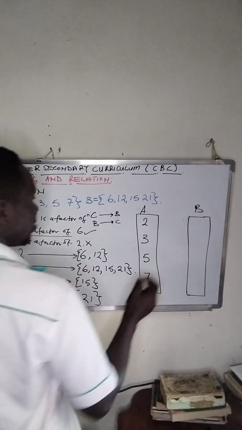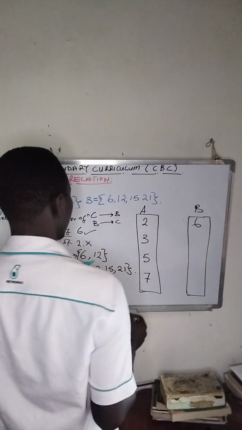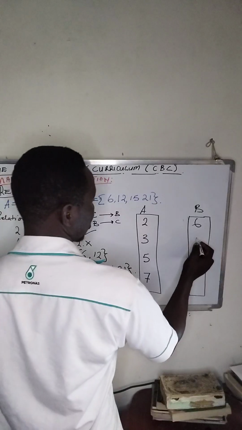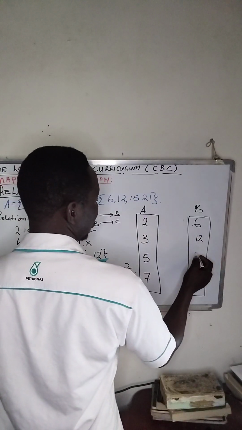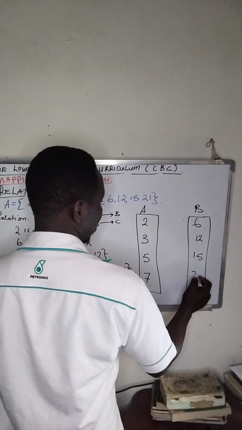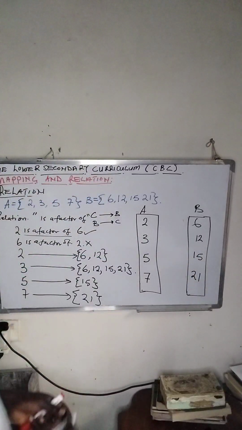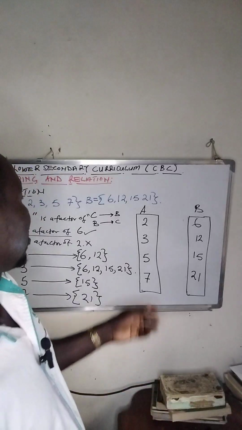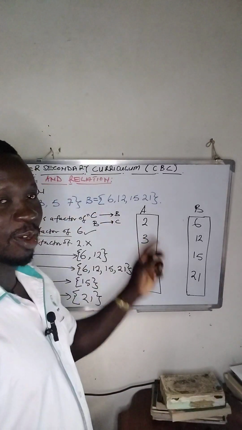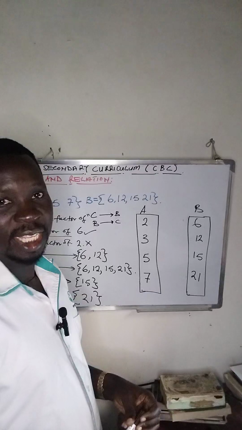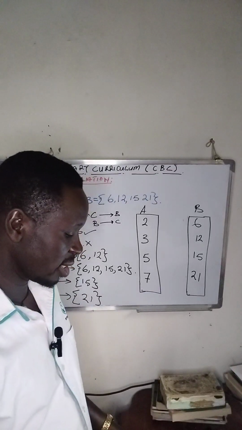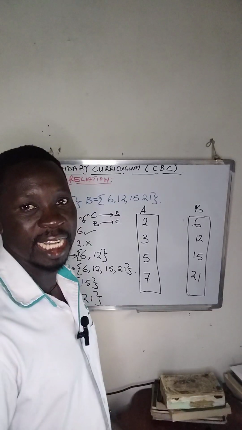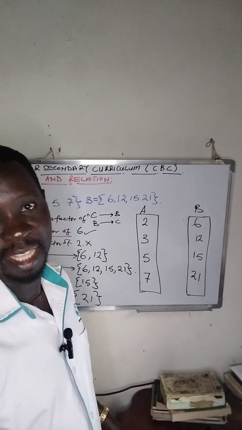But this side, we are having a 6, a 12, a 15 and a 21. We need to map a relation which says is a factor of. Are we together? When we are identifying these, we are going just to have arrows that define the